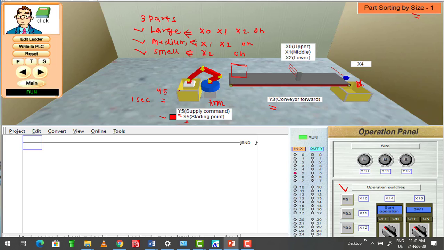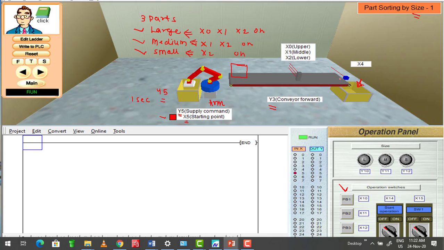To summarize the system: if I press push button 1, that is X10, one part will come on the conveyor. The conveyor will be moving forward. This is the sensor which will tell us the size of the part, and again we have to count the number of parts.